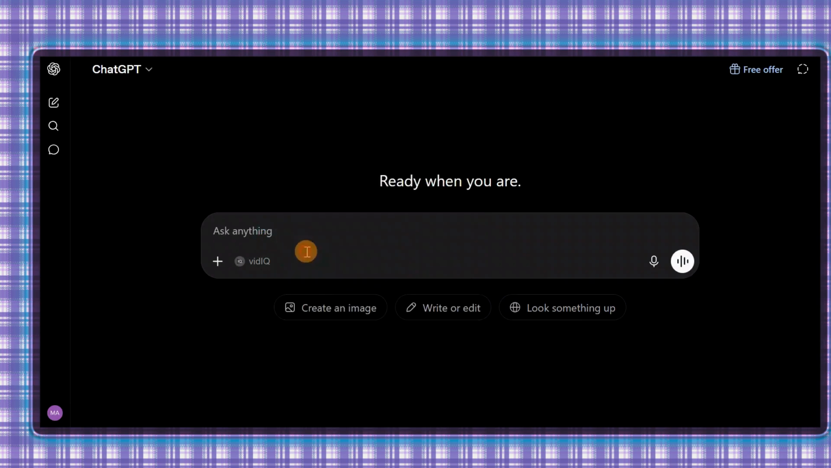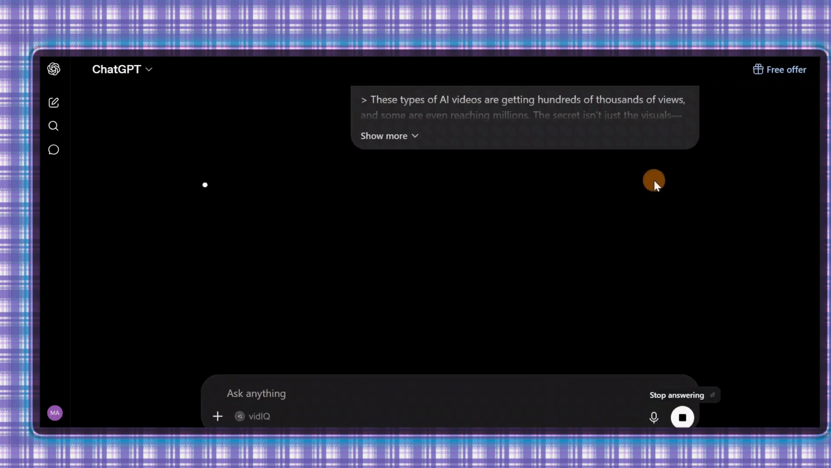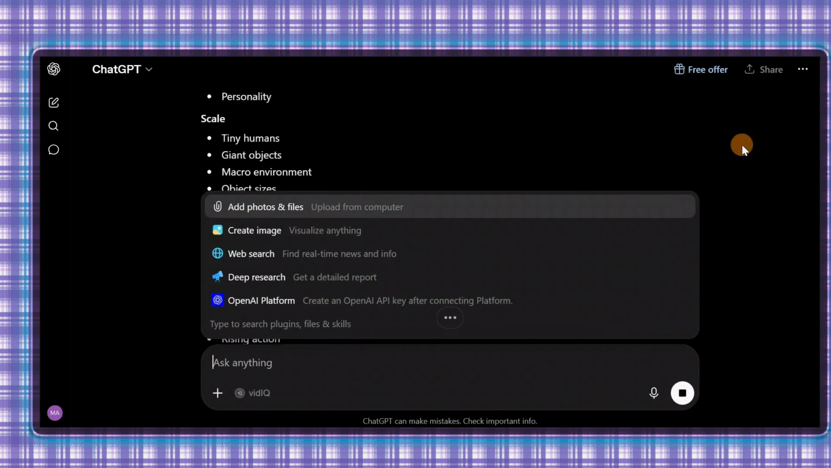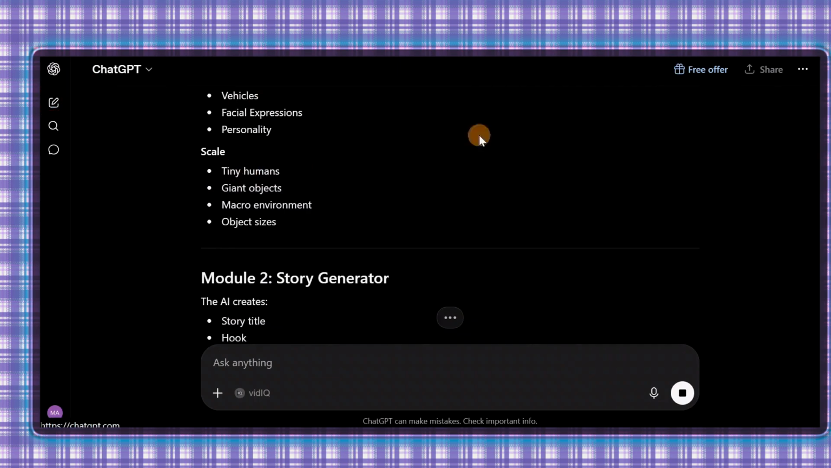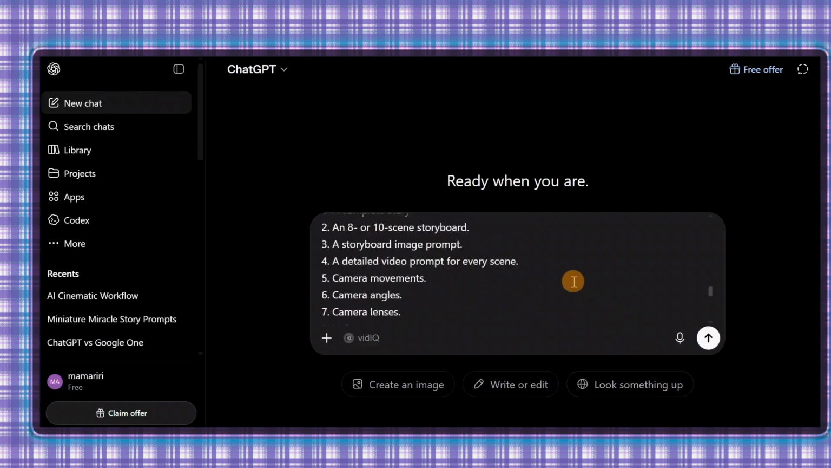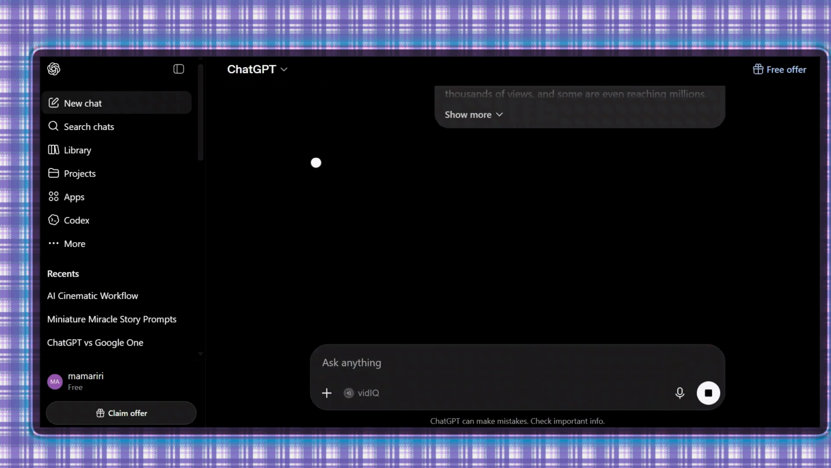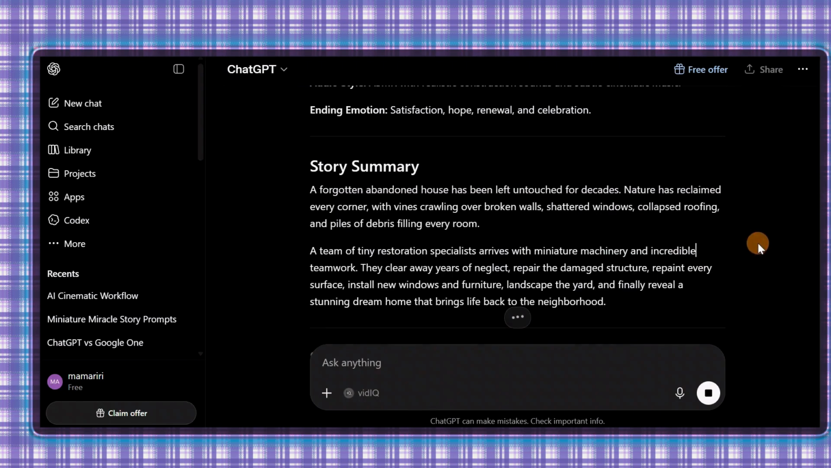So first, you open ChatGPT, copy the master template from the description and paste it into ChatGPT. The first thing you do is choose the topic for your video. The template is flexible, so you can create different types of stories based on the idea you have in mind. Ask ChatGPT to generate a video prompt for each storyboard scene, and each prompt includes the camera angle, camera movement, lighting, characters, action and environment, sound design, AI director notes, and negative prompts to help you generate consistent high